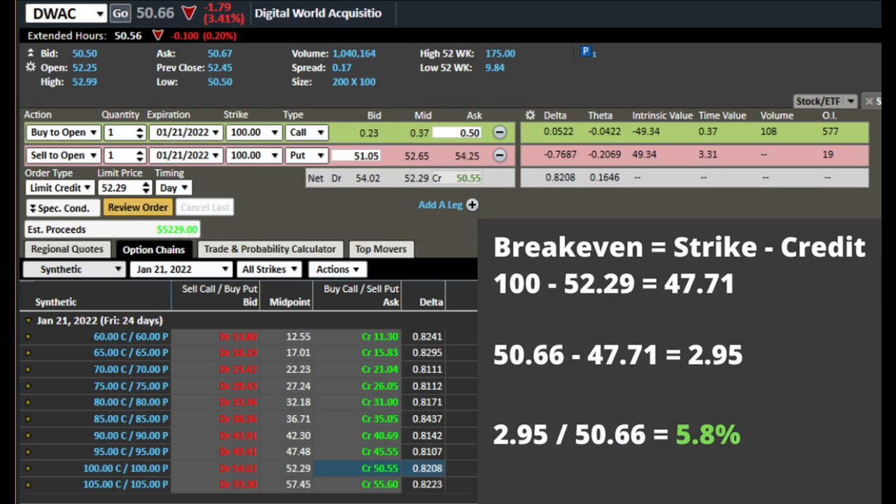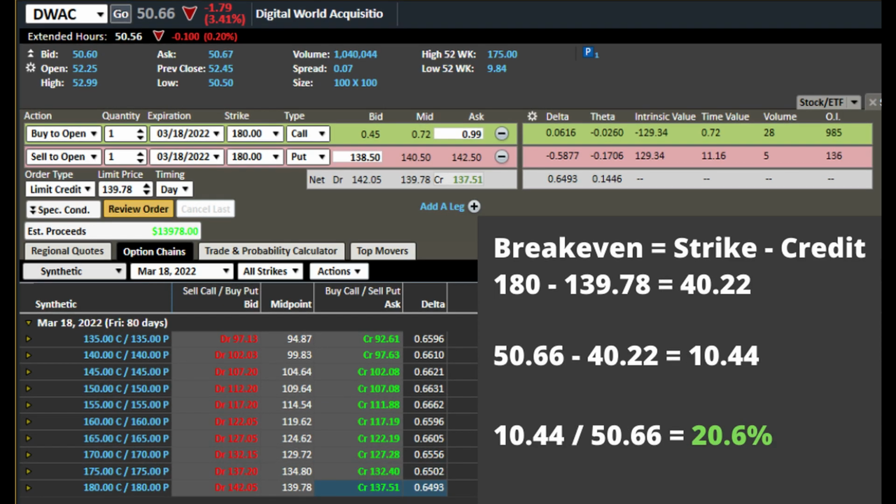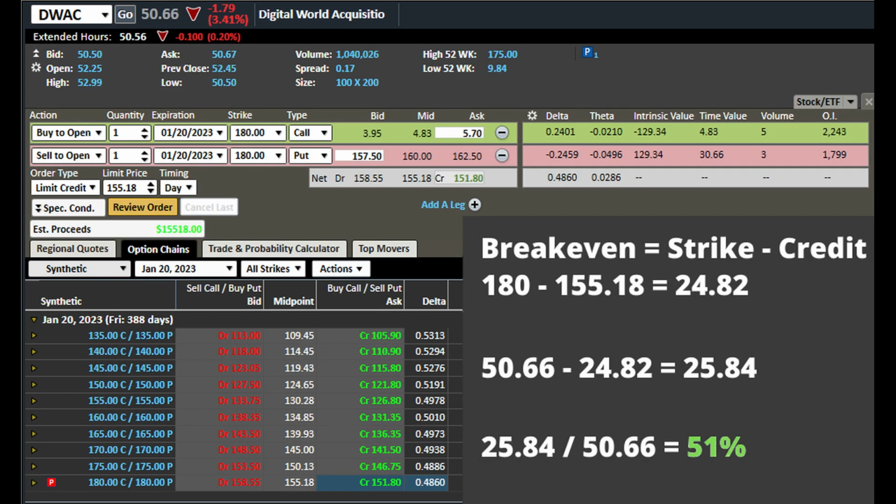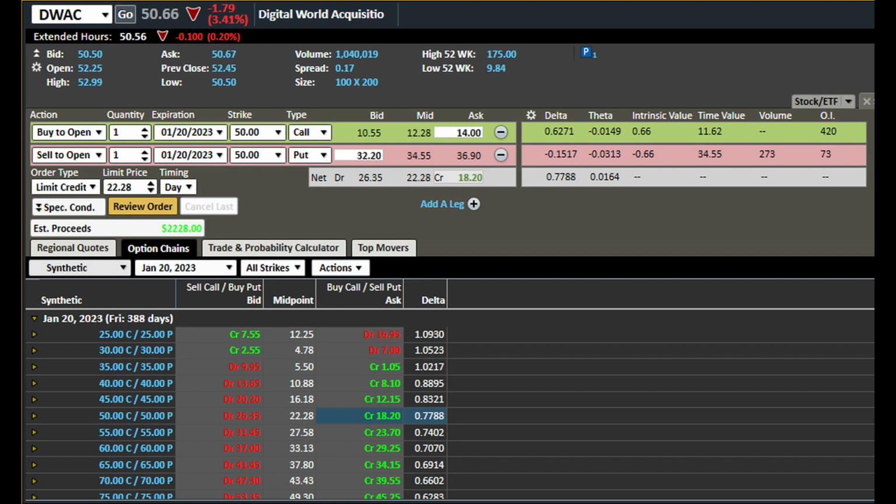3 weeks out gets you about 6%, 3 months gets you about 20%, and my 1 year example gets you about 51%. You can get out of the trade before the options expire, however, if you do, you might not outperform the stock. The delta value of an option position shows approximately how much it would change if the stock